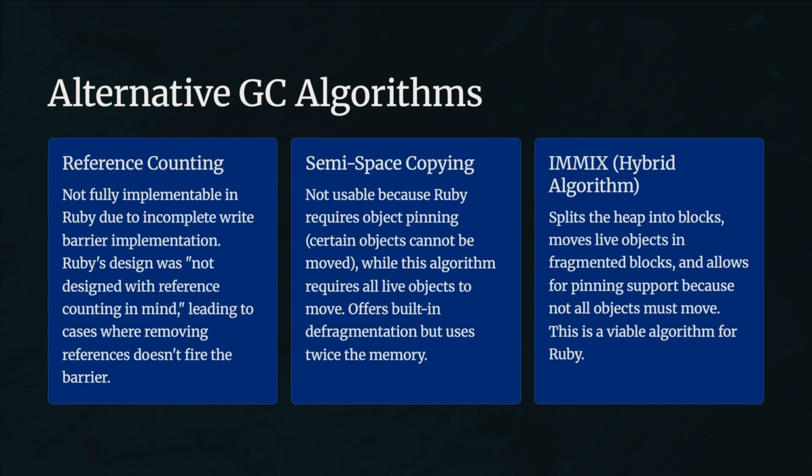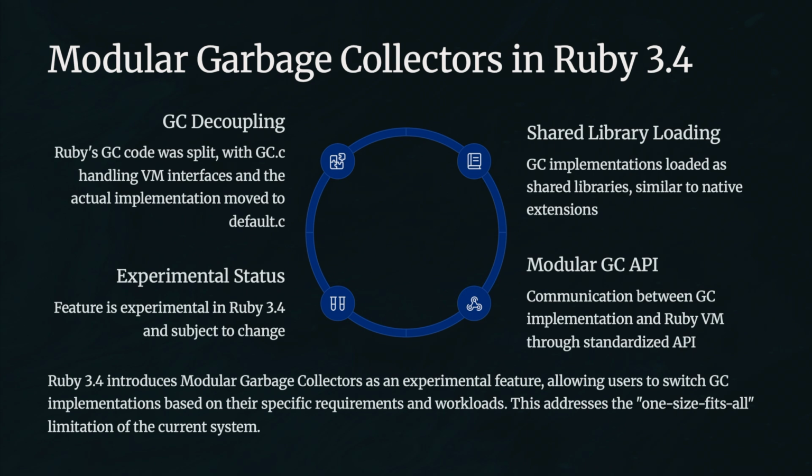Okay, but how did the VM and this loaded GC library talk to each other? There must be some kind of contract. Absolutely, that's the crucial part. The Modular GC API. It's a formal interface defining how the VM and the GC module communicate. It really has two sides. First, there's the API that any modular GC must provide. This is defined in a header file called gc/gc_impl.h. It lists about 60 functions, grouped into roughly 14 categories that the GC needs to implement so the VM can